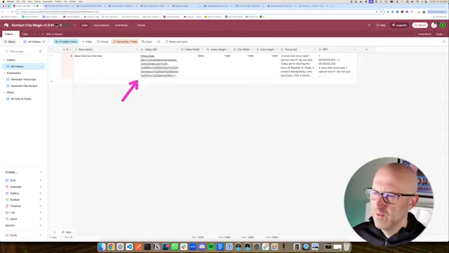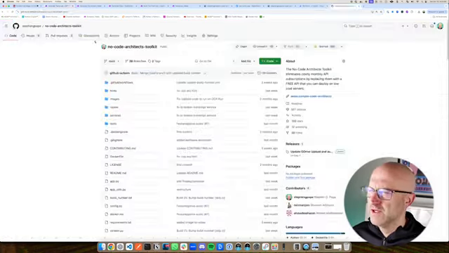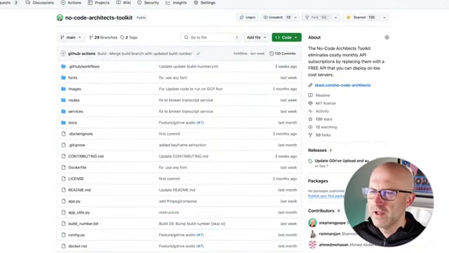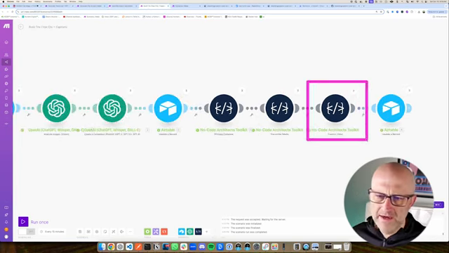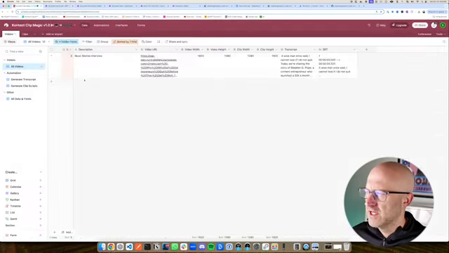All that's happening here is that once we add this video URL, this automation here triggers. It uses the NCA toolkit, again, a free Make module that you can use in conjunction with this free project that allows you to spin up your own free API server that lets you process video, transcriptions, cut video, combine videos, and add captions. Once we've created that transcript and the SRT file, the automation can move to the next step